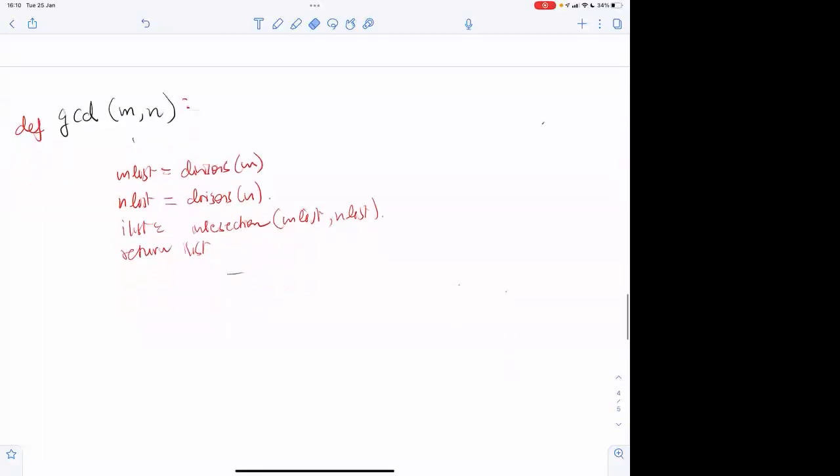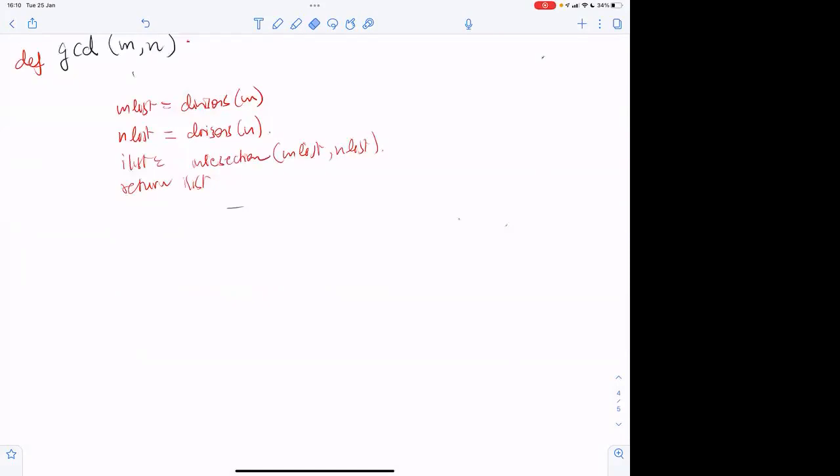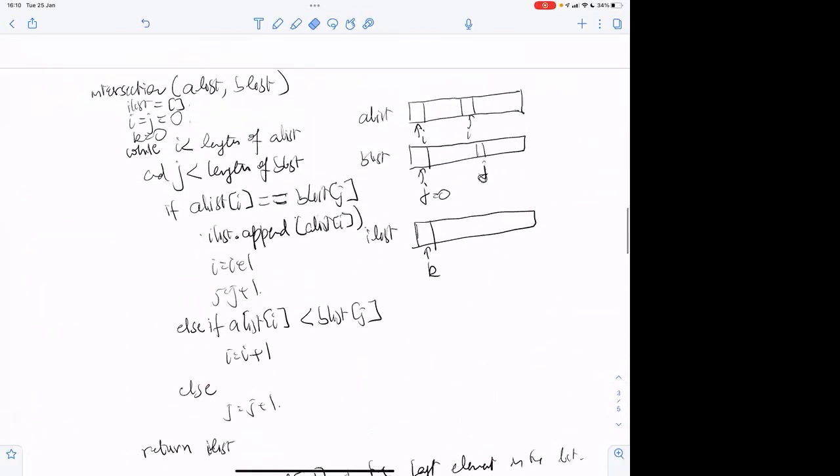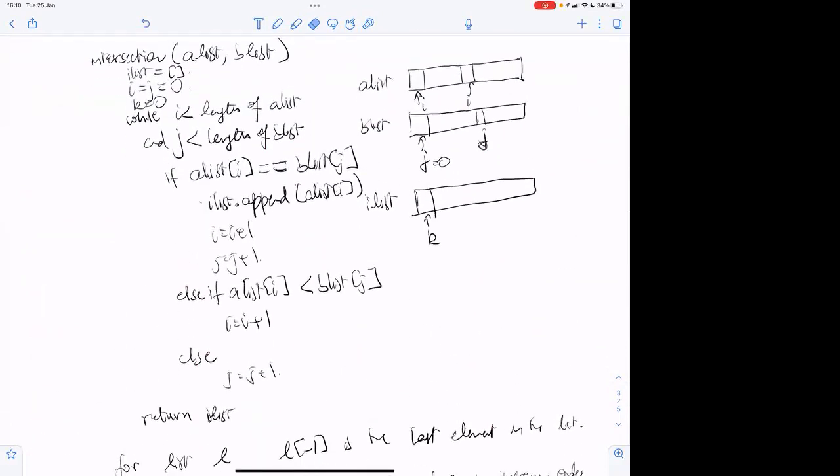So this would find the GCD, and I will not go into the Python implementation of intersection. Or do you want me to do it? I could do it, but it's basically just the syntactic thing. You can write def here.